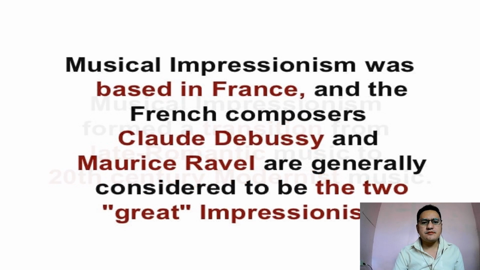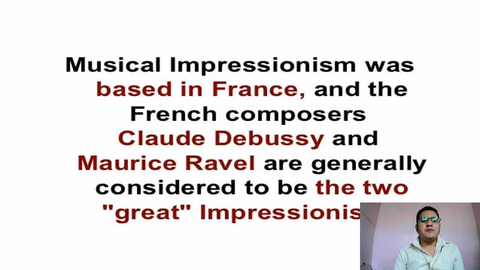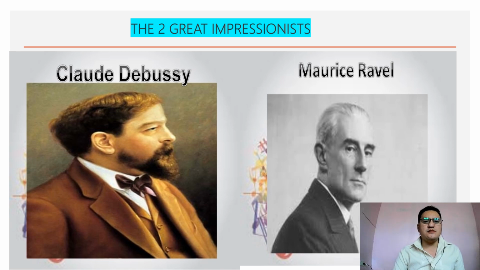Next. Musical Impressionism was based in France, and it is called the French movement Impressionism. And the French composers Claude Debussy and Maurice Ravel are generally considered to be the two great Impressionists. Okay? So they are known as the two great Impressionists. Their music style is what we call the Impressionism music. That's two of them: Claude Debussy and Maurice Ravel. Let's now proceed to the next part of our lesson,